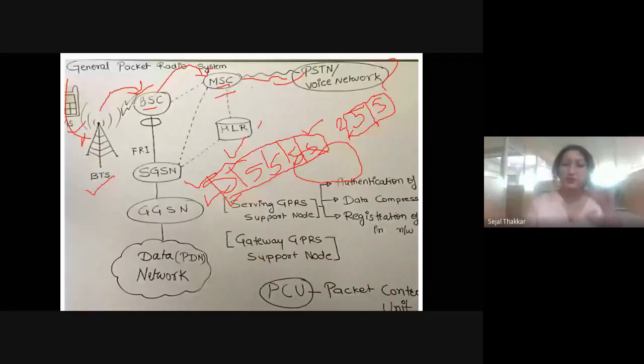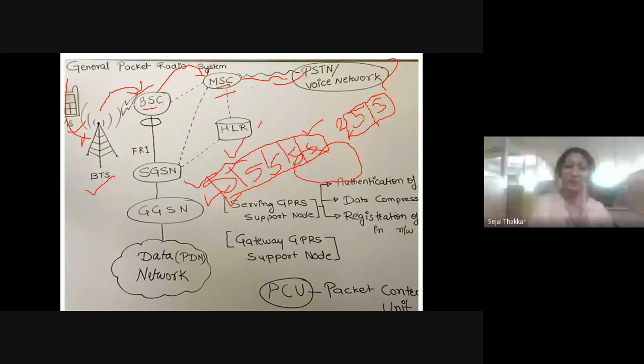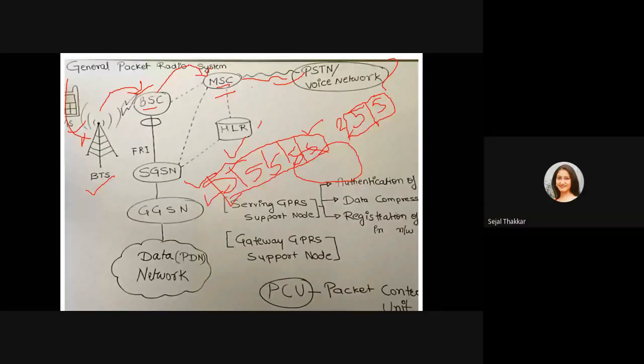Whenever you are doing compression of any voice, it works like this. If I want to compress a voice and send one song to a particular receiver, some parts of the song repeat, so that repeated part will be removed. Second, somewhere some noise or silence will come in between, so that kind of silence will also be removed. By removing all these things, you compress your data and send it. At the receiver side, if the receiver wants, the receiver can uncompress that particular thing. That responsibility of compression belongs to the SGSN, the serving GPRS support node.